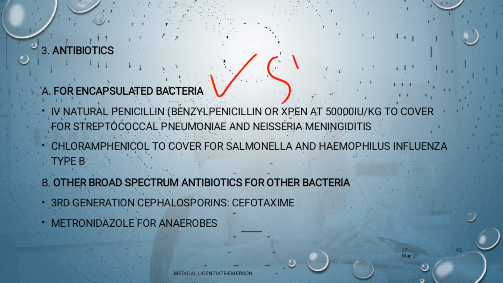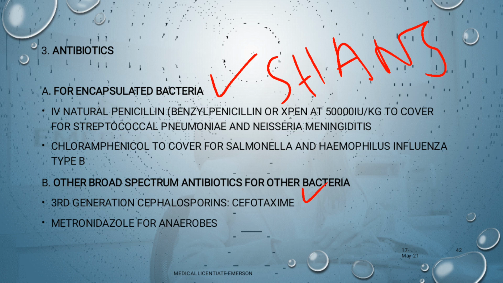So remember your encapsulated bacteria. Chloramphenicol covers for Salmonella and Haemophilus influenzae type B. Then for other bacteria, you can give broad spectrum antibiotics, the third generation cephalosporin, cefotaxime,